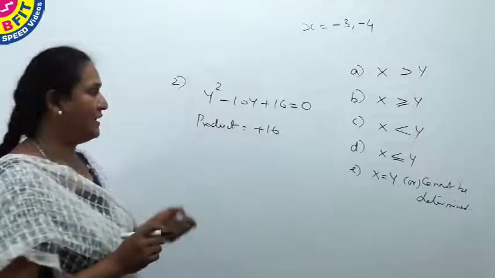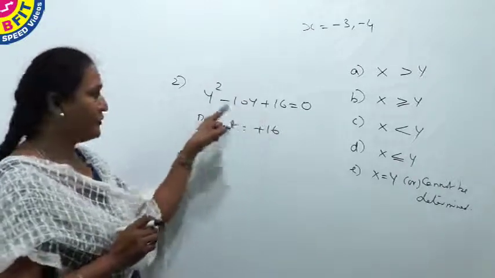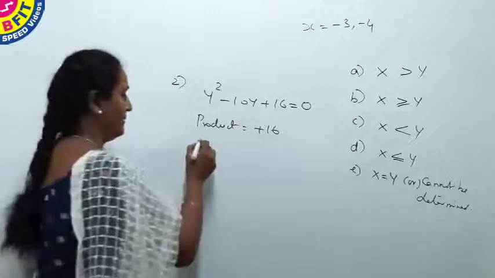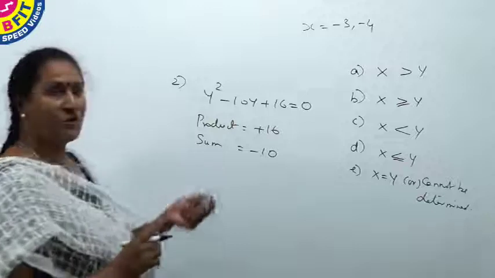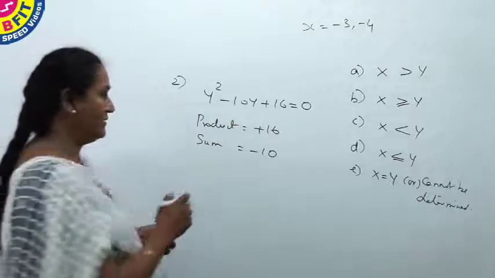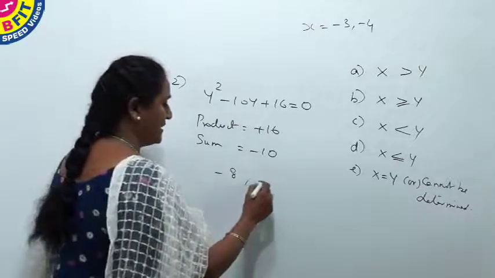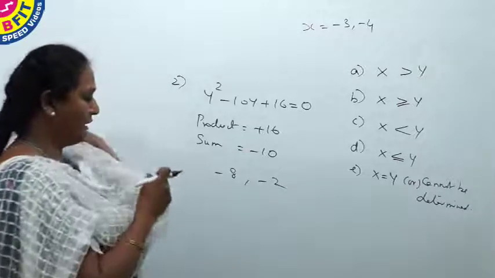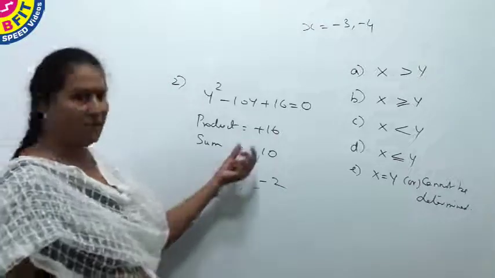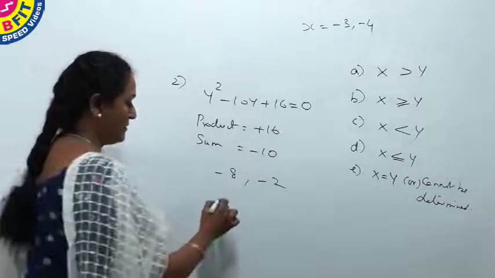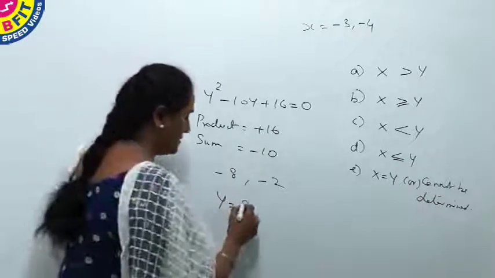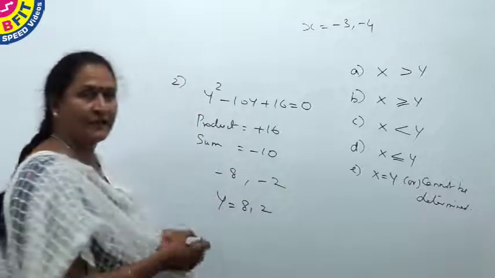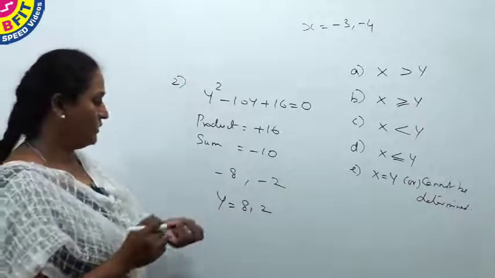So plus 16, and as you have plus, the sum of those two numbers should be 10. And here it is minus 10. So which two numbers will satisfy this equation? That is minus 8 and minus 2. So when added you get minus 10, and when you multiply you get 16. And now the solution for this, or the values of y, will be, change the symbol, 8 and 2. So now the value of y is